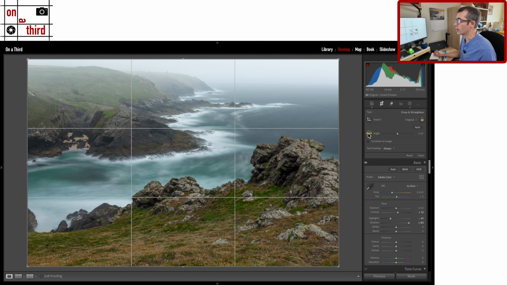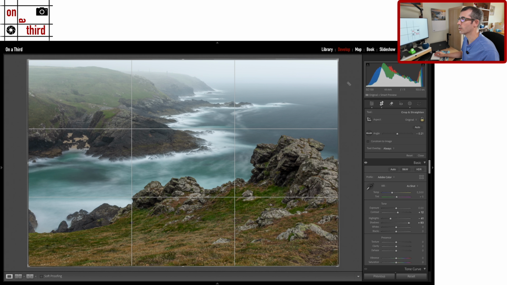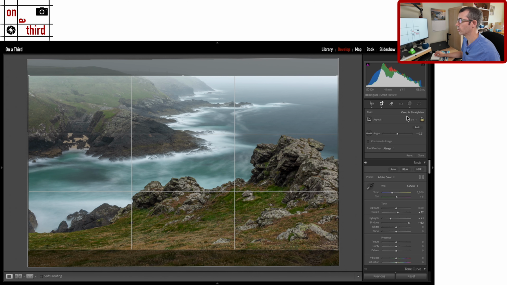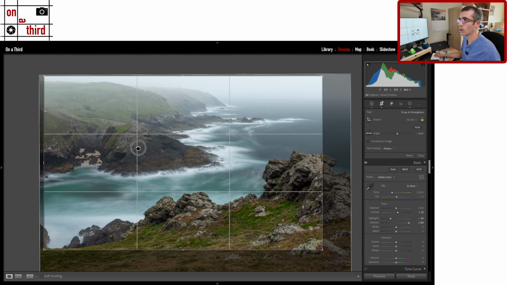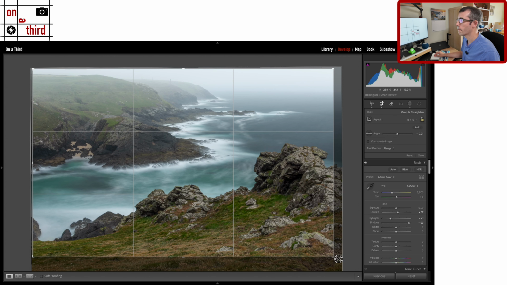I'm going to take the straighten edge tool, can roughly see a horizon in the distance, and it is not massively straight, so just straighten it a little bit. I think there's too much foreground, so I'm going to pick like a 16:9 type crop. Might be too much, let's go for a 16:10. Don't want to lose the sky, I don't want to clip that coastline in the distance,